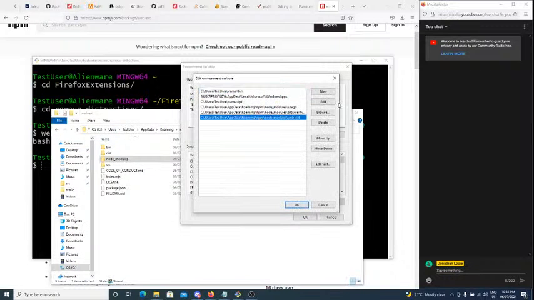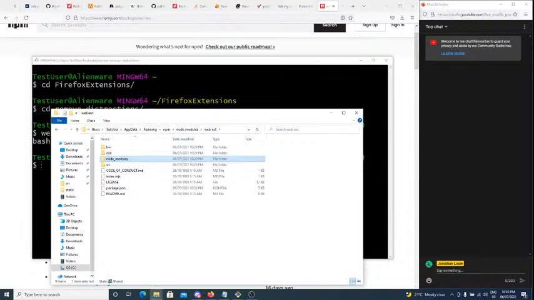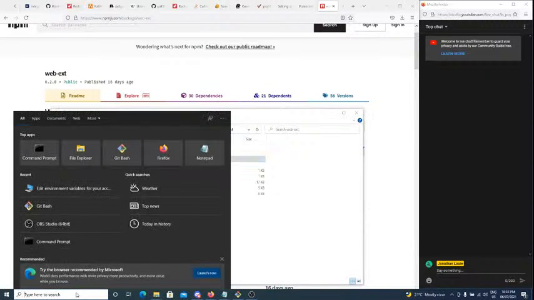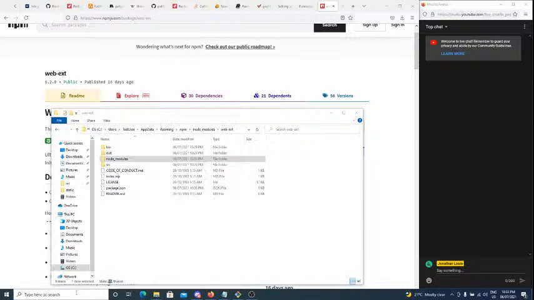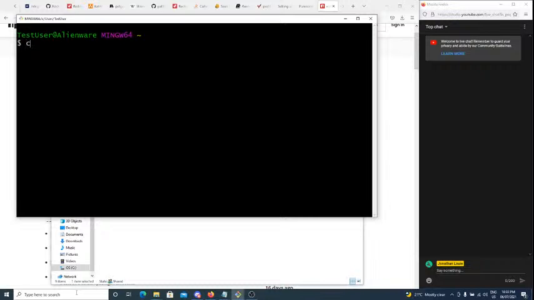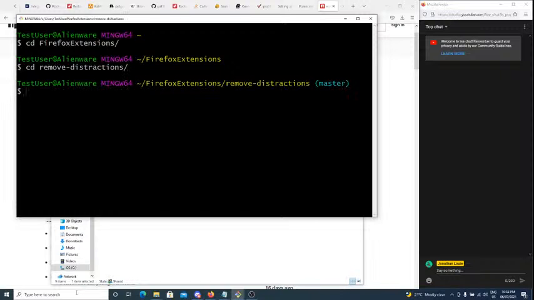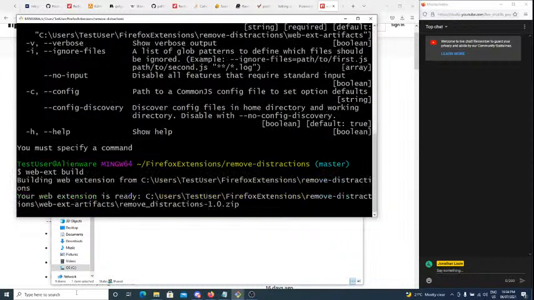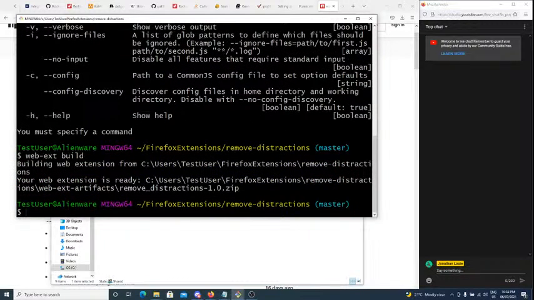Okay, let's try and fix this stupid thing. Okay, bin. And hope it works. I have to close this again. What I could do is actually try and export the variable instead of doing this song and dance every time. Actually, I should just test WebEx right away before I start doing stuff. Okay, there we go. WebEx build. Alright, and it's built.